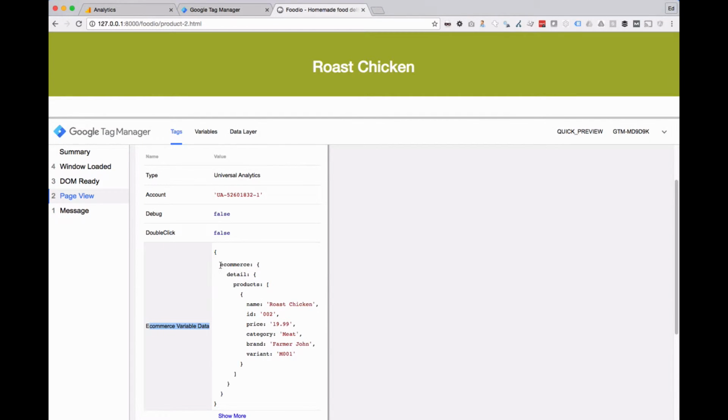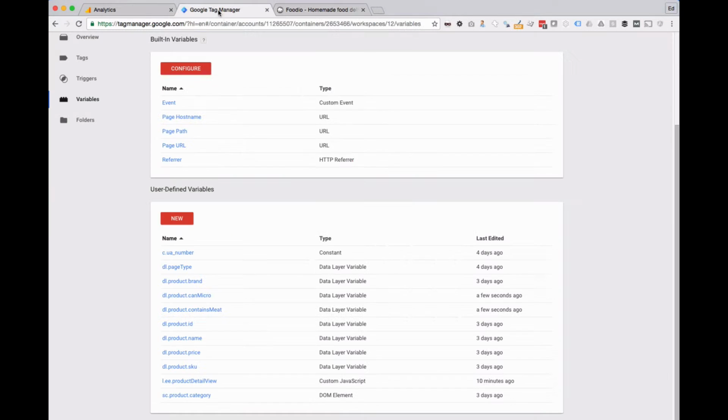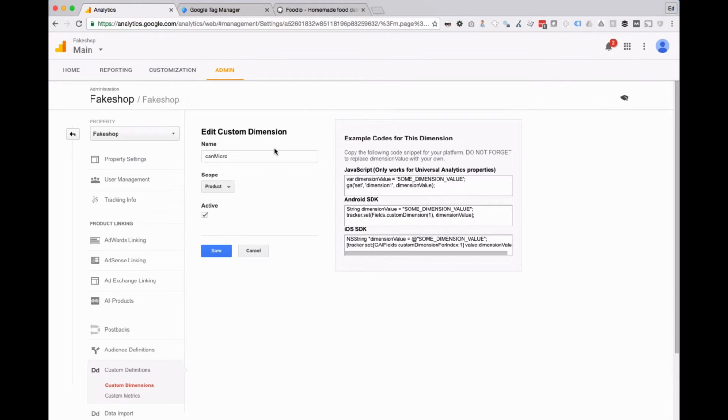Now, if you send it along with this, it has to be set to type product, otherwise it won't be stored correctly. You have to set the variable to scope product. Most of the time you will want hit or session, but in this particular case it has to be product. You can read up the docs on why that is. So anyway, you've got can micro,